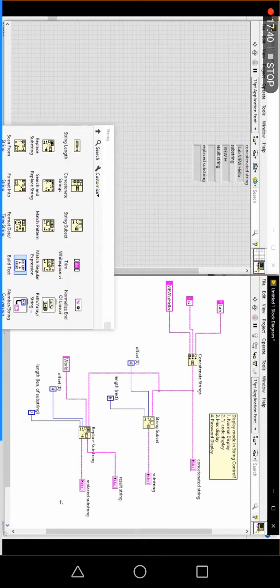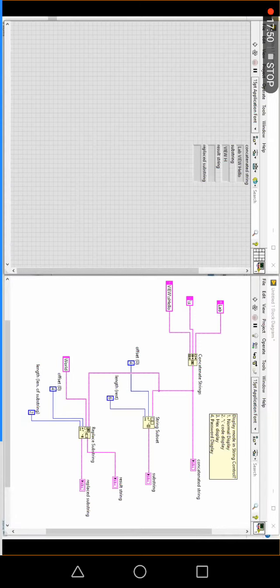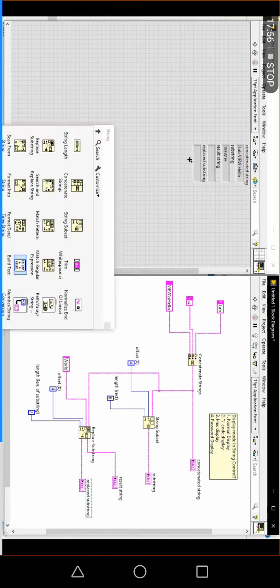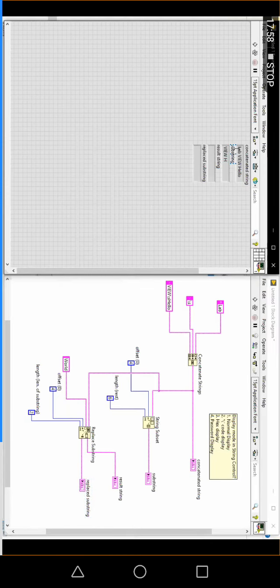Offset 4, length 2. So what is the output you will get? Offset 4 means 0, 1, 2, 3, 4, and there you have 2 characters.